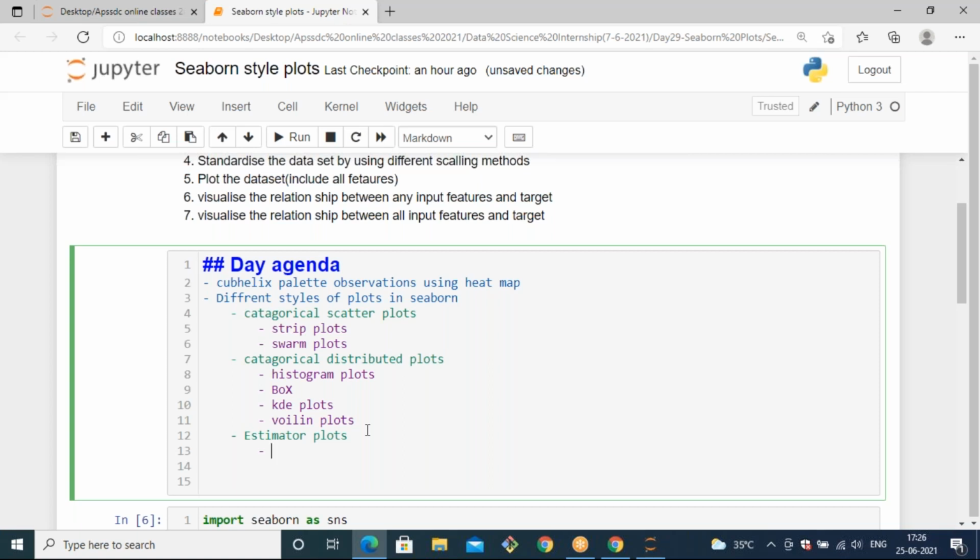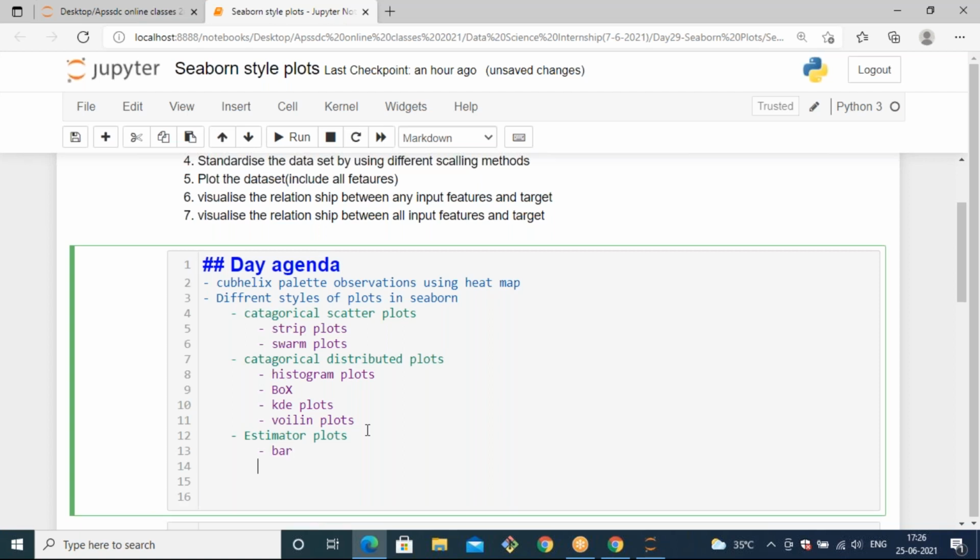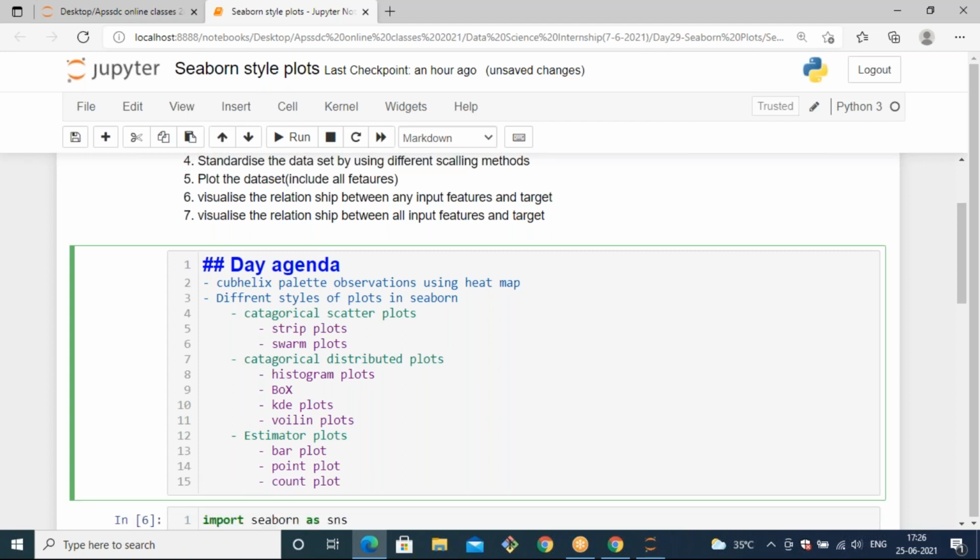When it comes to estimator plots, you will see the bar plot and point plot, and the next one we are going to see is the count plot. These are the plots we are going to see, and apart from this we have some other plots also.